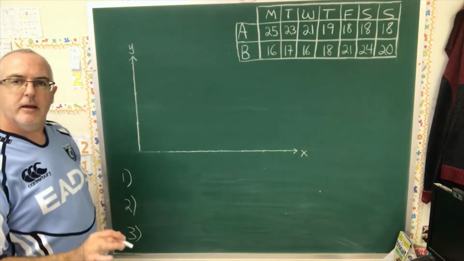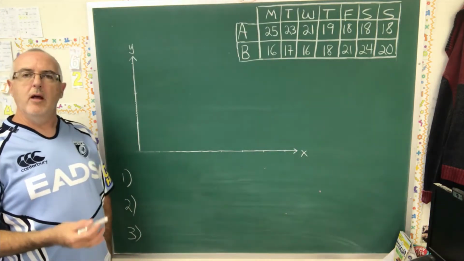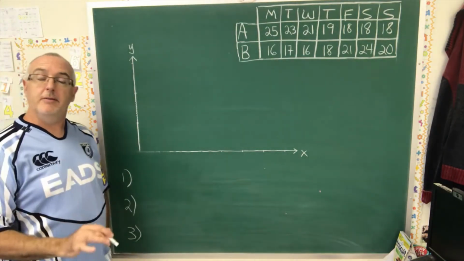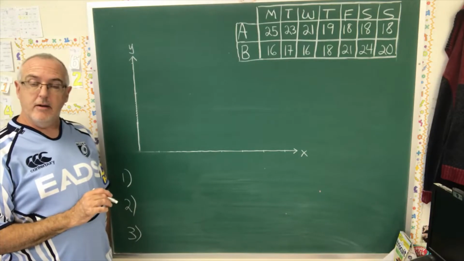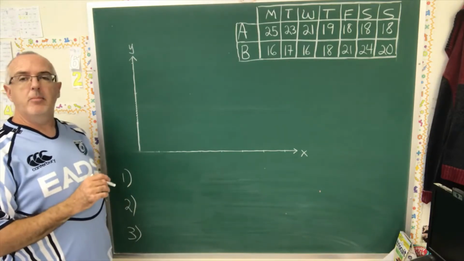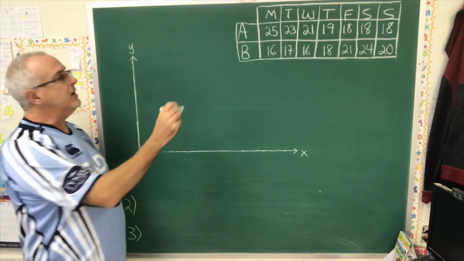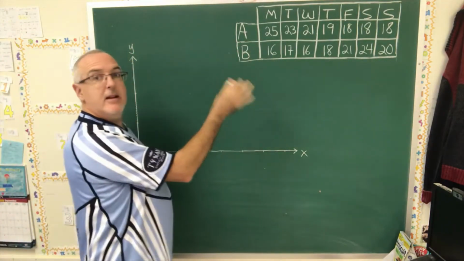Today's Daily Dose of Math is how to draw a broken line graph. Now this question is not actually specifically asking for a broken line graph. It's asking for an appropriate graph. But I like doing the broken line in this situation, partly because of one hint I see in the data